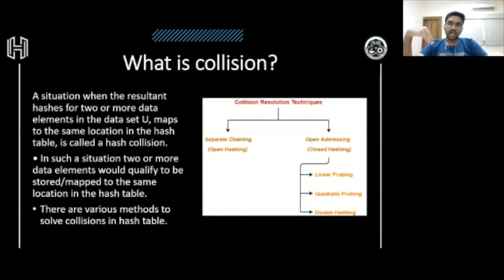So the hash key that you get is different. So 1 and 6 will not get the same hash key in that case if we use quadratic probing, and double hashing is yet another technique that you can use for collision resolution. Quadratic probing and double hashing are a little bit complex, so we'll just go with linear probing.